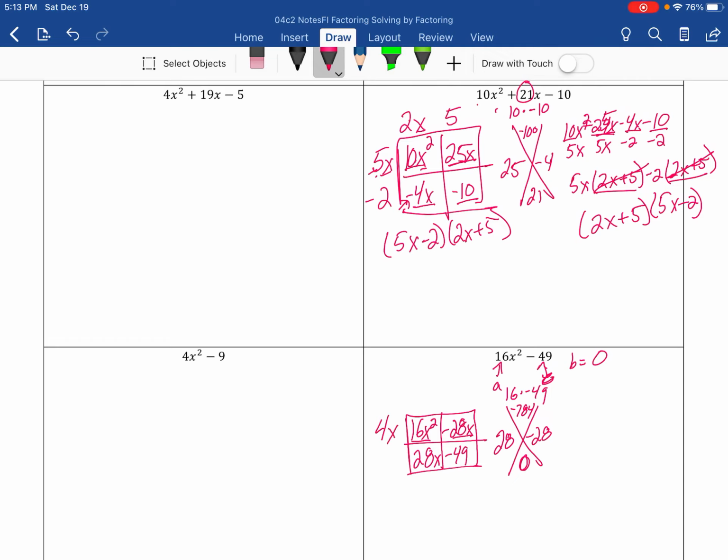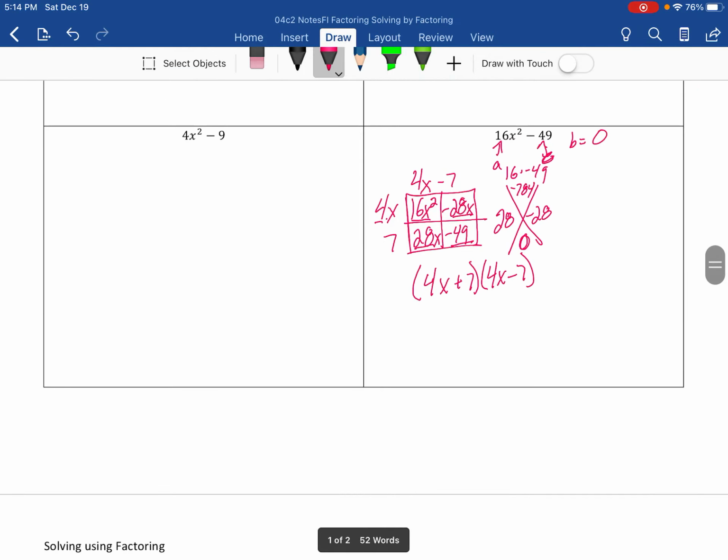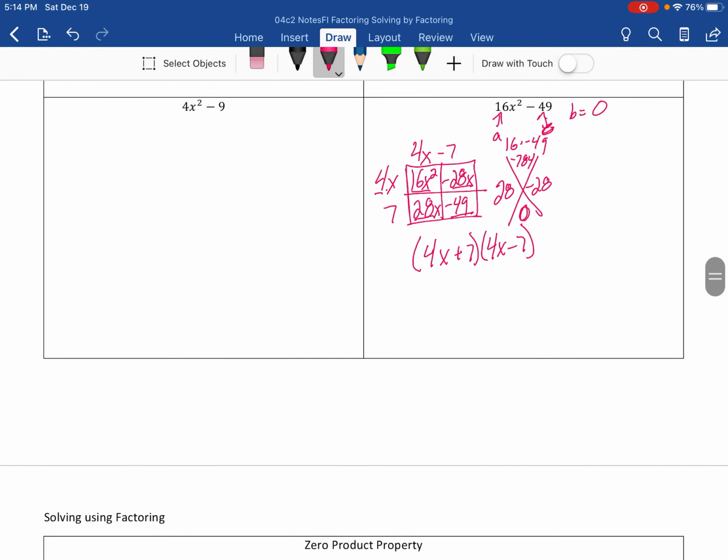My greatest common factor here is 4x. My greatest common factor here is 7. 4 times 4 is 16. X times x is x squared. 4 times negative 7 is negative 28, and I don't have to have the x there. And so my factored form is 4x plus 7 times 4x minus 7. So that's how you factor. We practiced that a little bit last class, okay? So we're going to